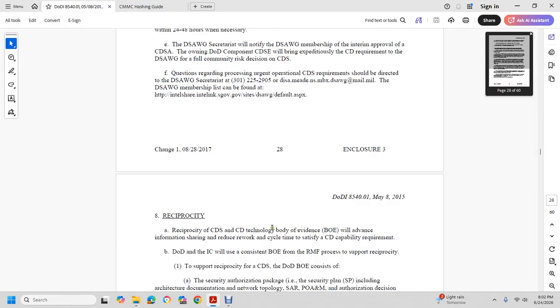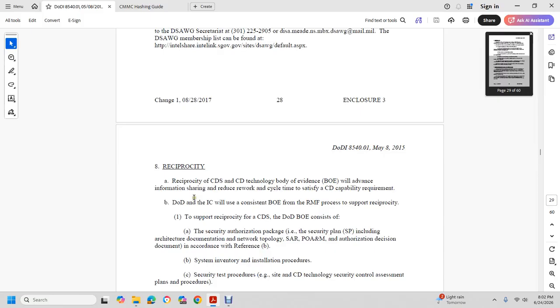Cross domain technology evidence will enable advanced information sharing with reduced network cycle times to meet the cross domain capability requirement. DoD Information Command uses the risk management framework process